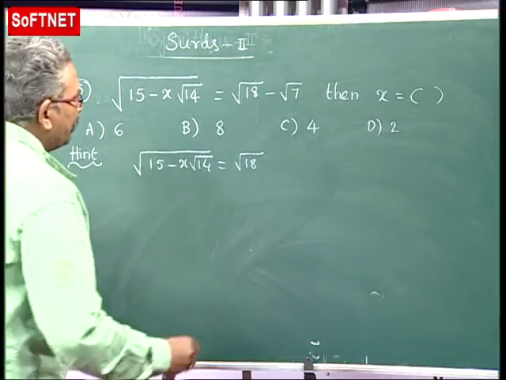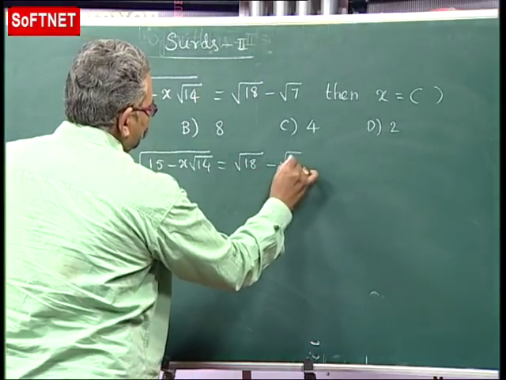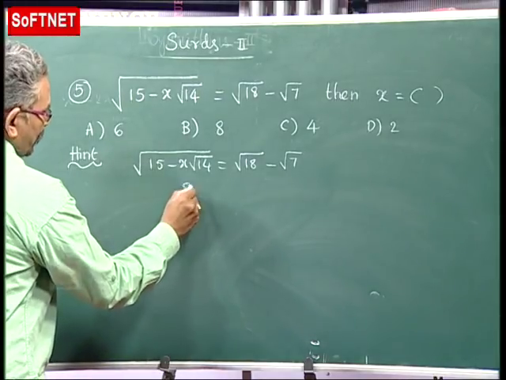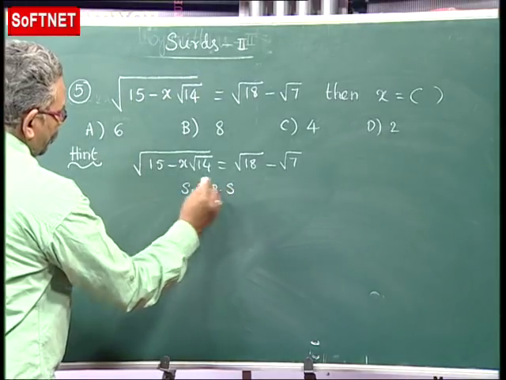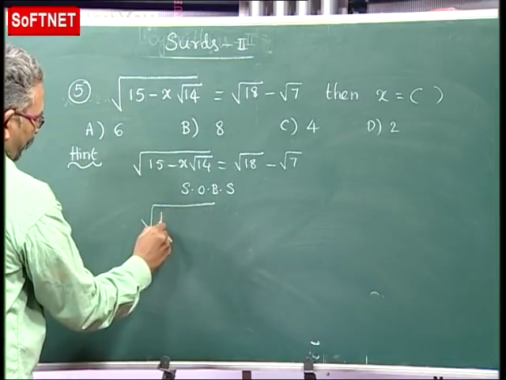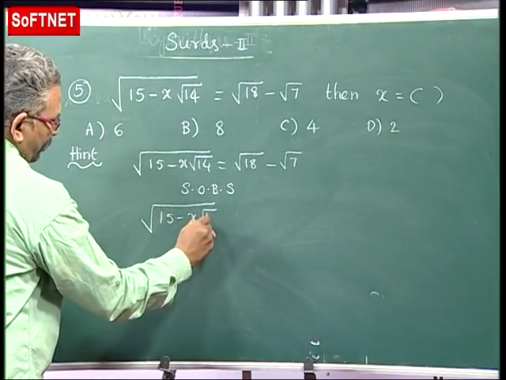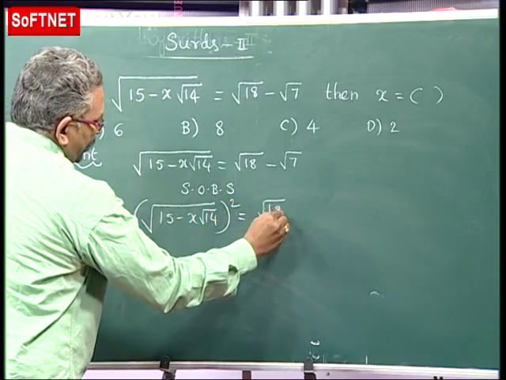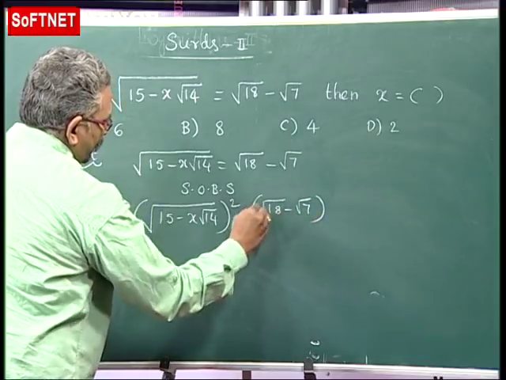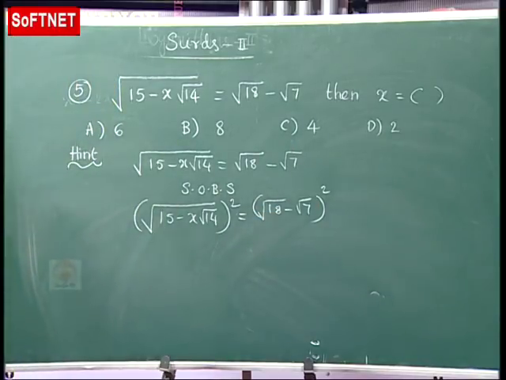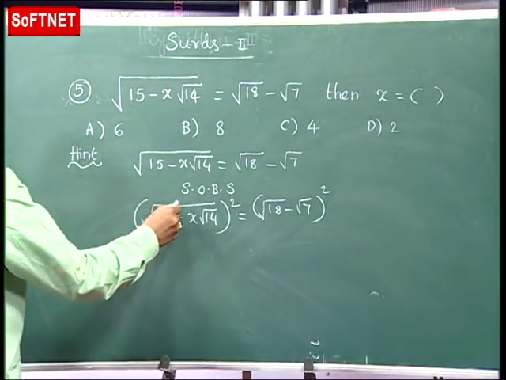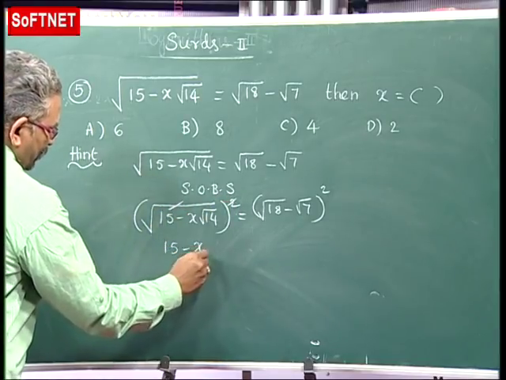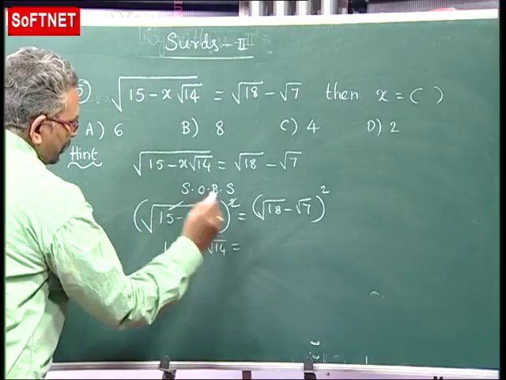Okay, minus root 7. Squaring on both sides, root of 15 minus x root 14 whole square equals root 18 minus root 7 whole square. So now this gets cancelled. We get 15 minus x root 14 is equal to,